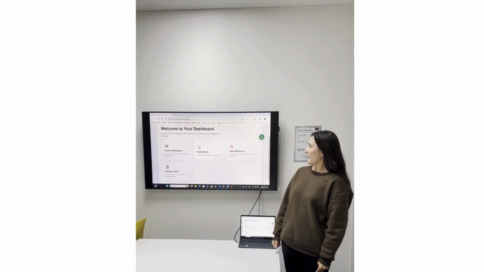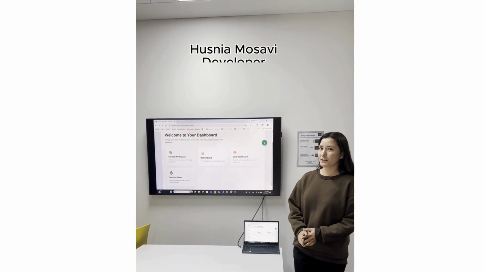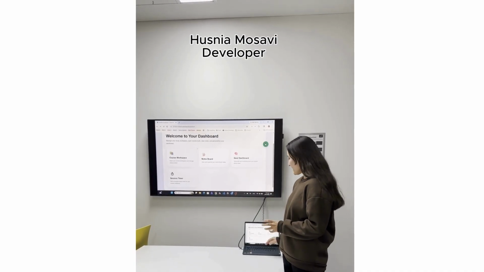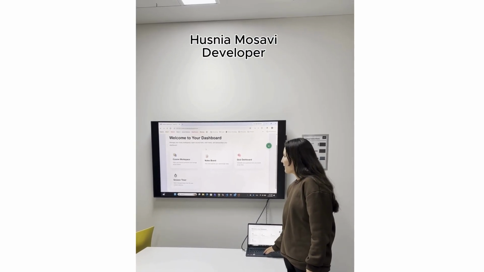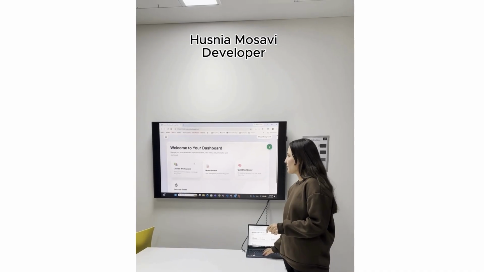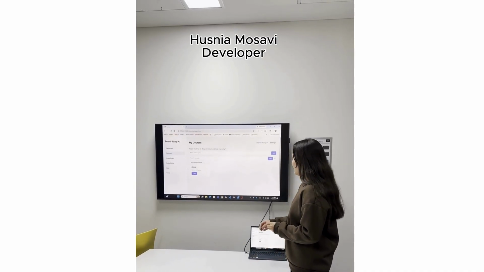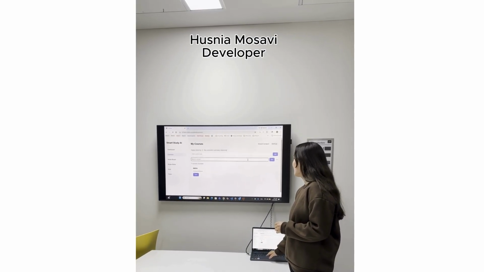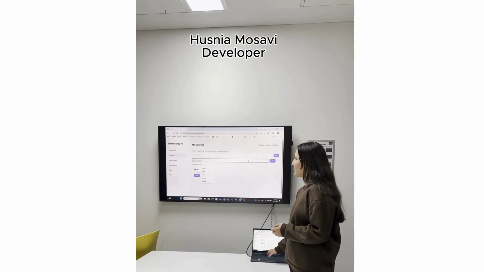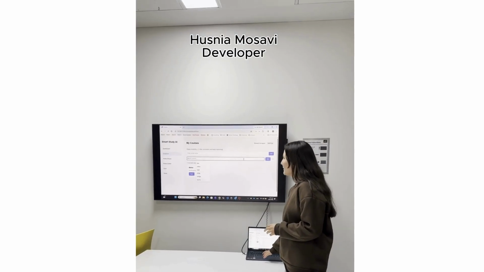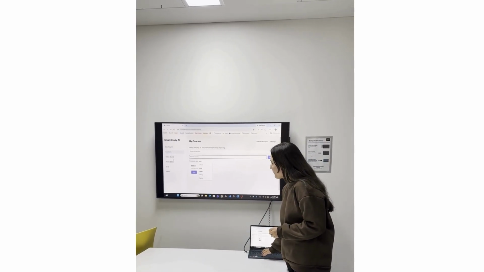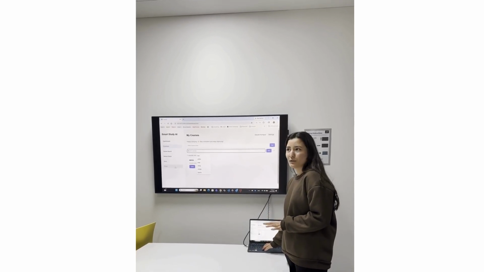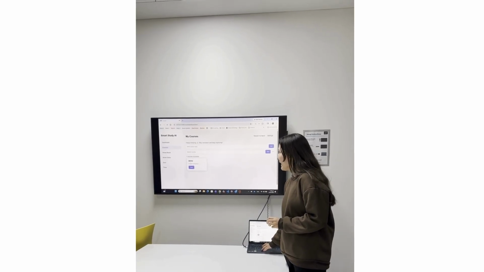Hello, I am Husnia, and one of the features I was working on for our Smart Study AI was managing course workspace. From the student dashboard, it is navigated to the course workspace, which you can open, and then here you can add your courses. If you want to add new ones, you can also sort them according to their name, so it's easier for the students to navigate through the dashboard. Here we have the noteboard. They can edit their notes, they can take quizzes, and they can even put a timer. So here we have the demo